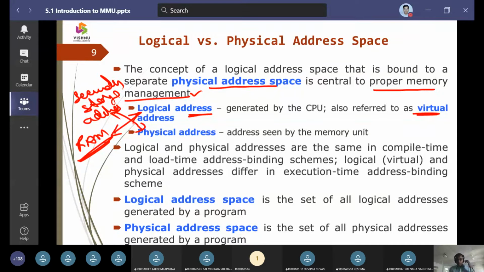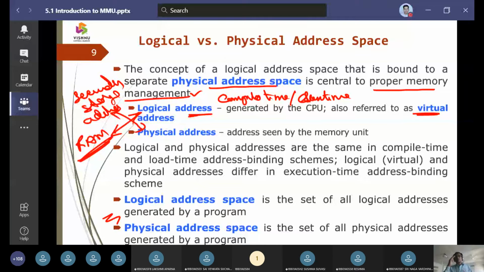They can be used during the runtime, or they can be used during the compile time, and thereby address binding is going to be taken up.